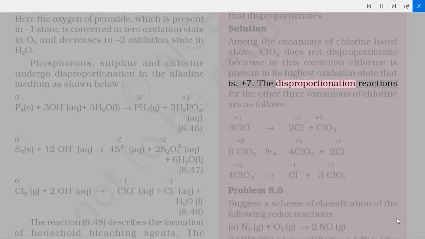The disproportionation reactions for the other three oxoanions of chlorine are as follows: 2ClO⁻ → Cl⁻ + ClO2⁻ (+1 → −1, +3); 6ClO2⁻ → 4ClO3⁻ + 2Cl⁻ (+3 → +5, −1); 4ClO3⁻ → Cl⁻ + 3ClO4⁻ (+5 → −1, +7). Problem 8.6. Suggest a scheme of classification of the following redox reactions: